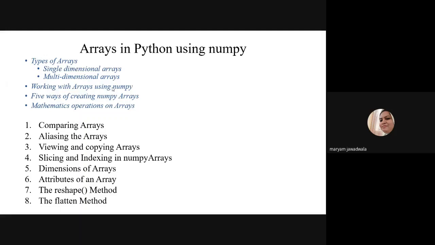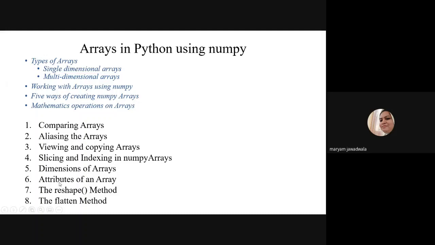In today's video lecture we are going to discuss some more points regarding NumPy arrays. The first one is comparing arrays. If you want to compare two NumPy arrays, how can we compare them? The next concept is array aliasing. Next is viewing and copying of the array. After that, we will discuss in detail slicing and indexing in NumPy arrays, and then dimension of arrays.